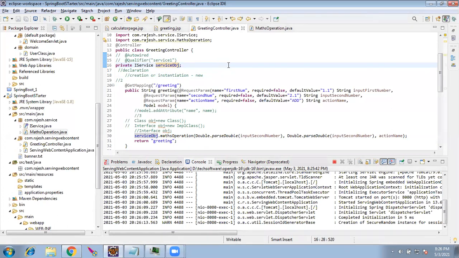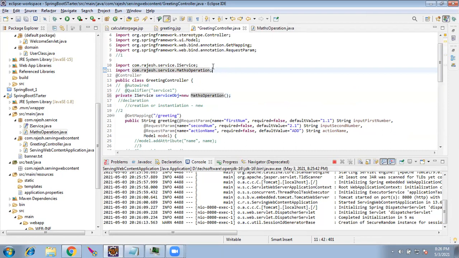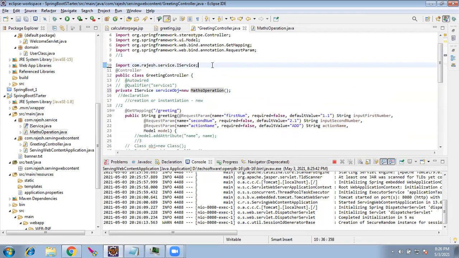The beauty of a Spring application is we have to make this work without this coupling. You are coupling a class. If this class is not available, it will throw an error. This import itself should not be there. This class should not know what is the class from which we are going to get an object. So to make this work, we have a keyword in Spring, auto wiring.